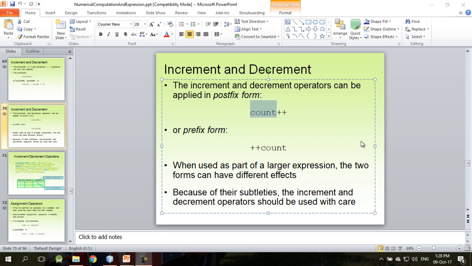Okay, today basically I'm going to talk about increment and decrement. This is one of the most requested topics in basic Java programming: the idea behind increment and decrement operators. The idea is that the value of an integer variable is increased or decreased